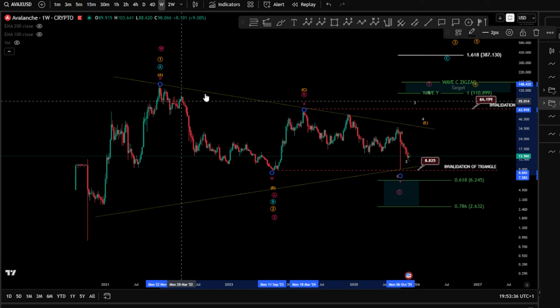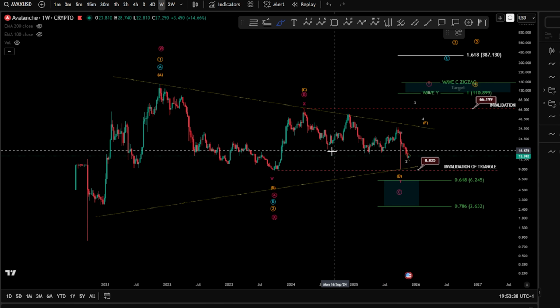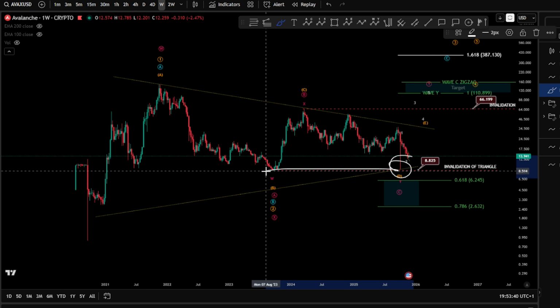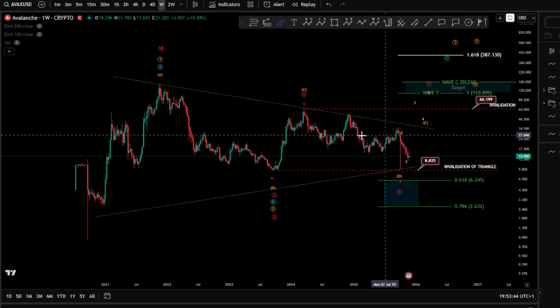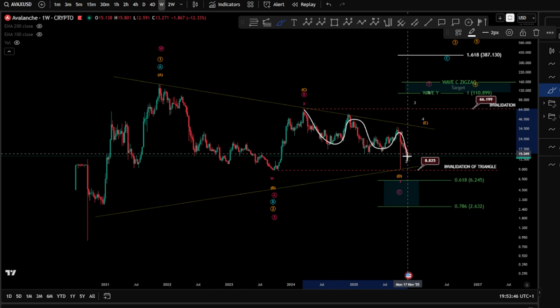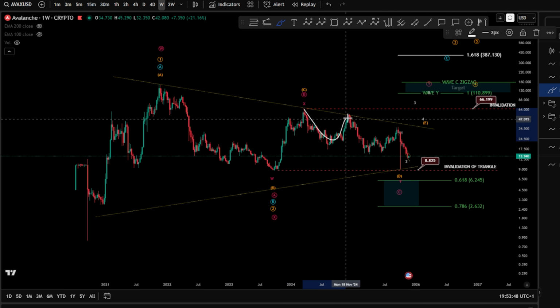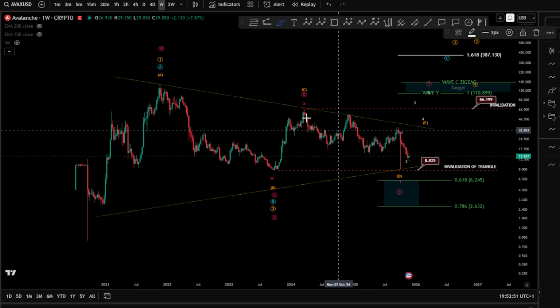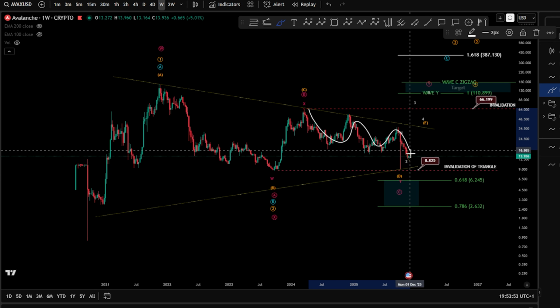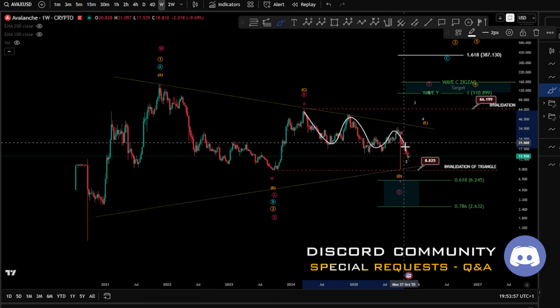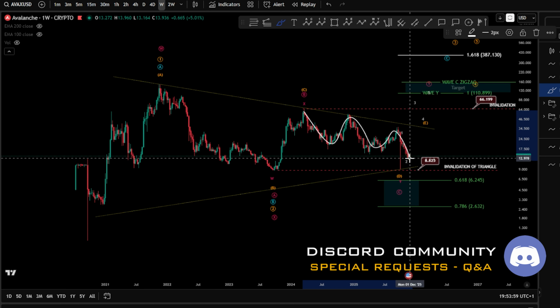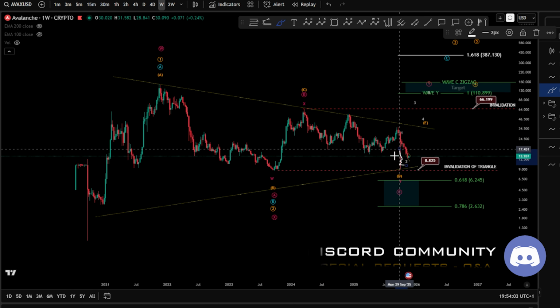So this W, X, and a Y, in case it is, has, of course, failed to take the low, which is also very interesting, I mean, with the wick here. And we see here a kind of structure in potential 1, 2, 1, 2. If this is also a diagonal 1, 2, 3, 4, 5, let's not consider the wick again, to make it also a possibility here, to think a little bit simpler and not try to get complex here,